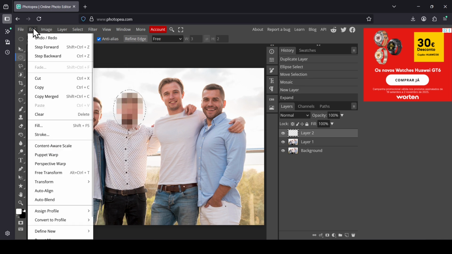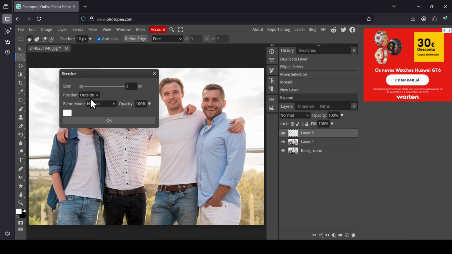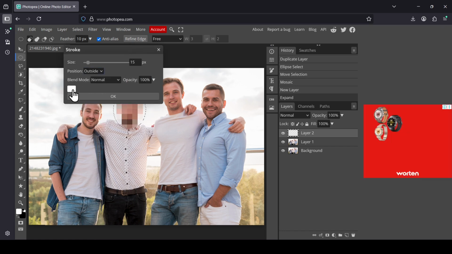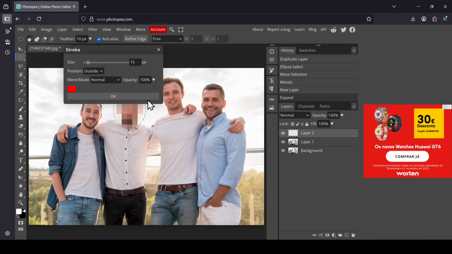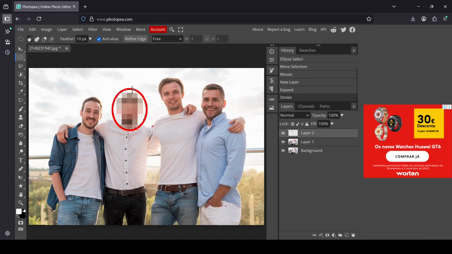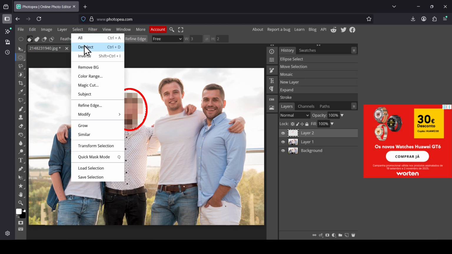And now go to edit, stroke. For the size, I will go 15, press enter. The position outside, and left click on the color. I'm going to select this red color here, press OK, and then press OK. So here it is, and now go to select, deselect,